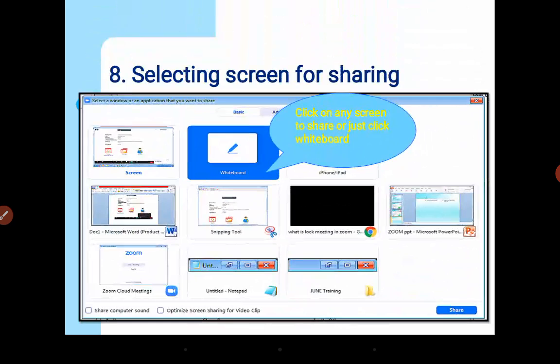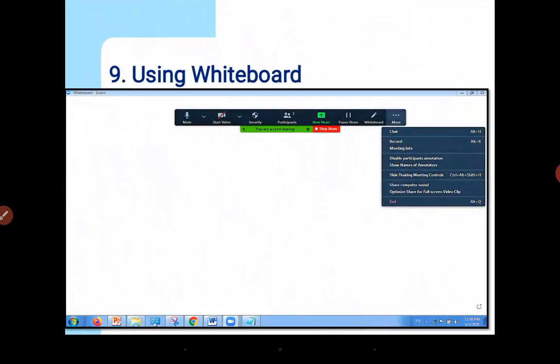If you are sharing something, that thing also appears on the participants' screens, and they are able to make changes and use the whiteboard the same way the teacher is using it. They can also make annotations over here, and they can draw on the whiteboard as well. So you must set suitable options to prevent them from doing it.